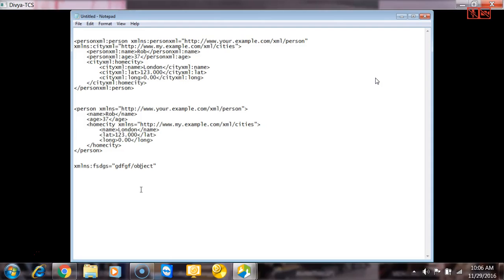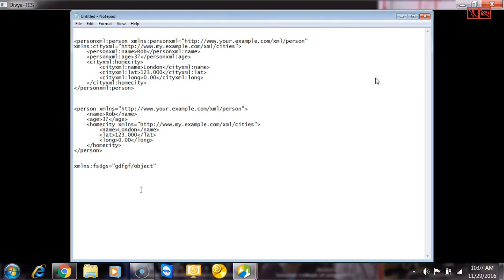If you have two different objects with the same properties, like name, age, these are kind of properties. For a person, for a car it can be the color of the car, manufacturing date, these are the properties. So if you want to embed one object into another object which have the same properties